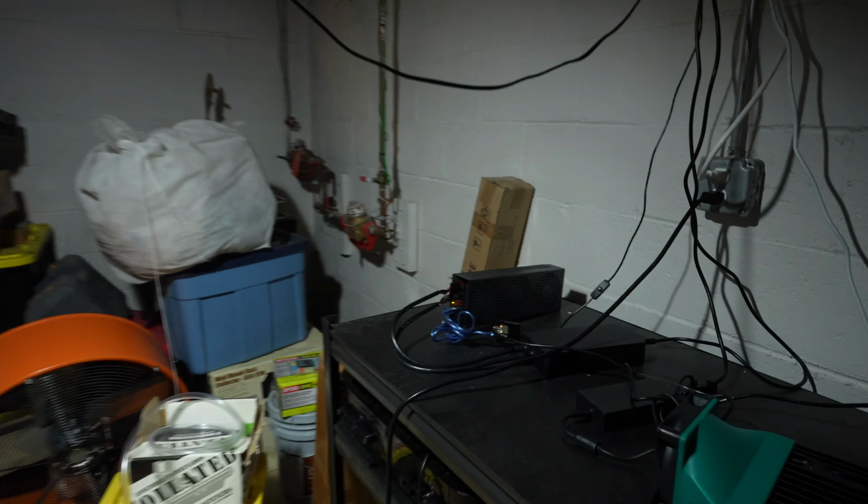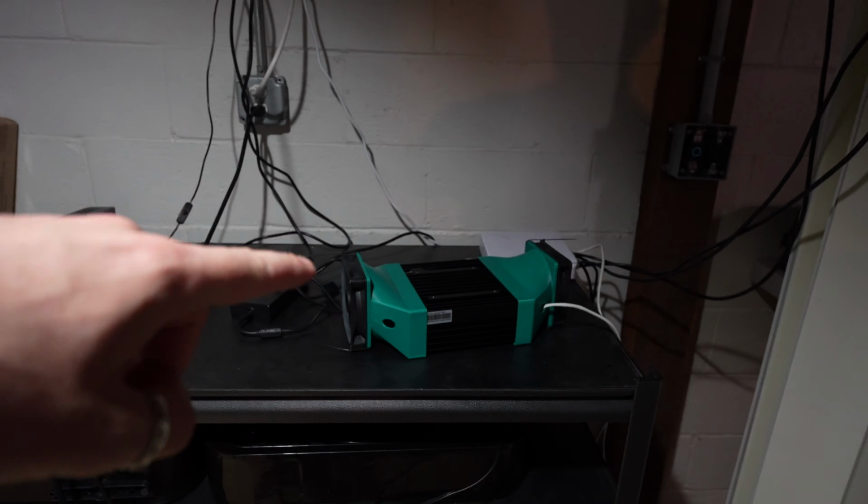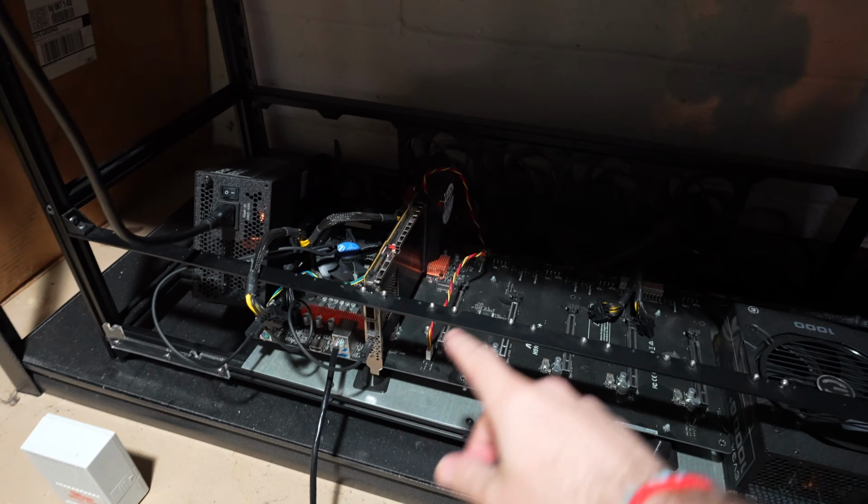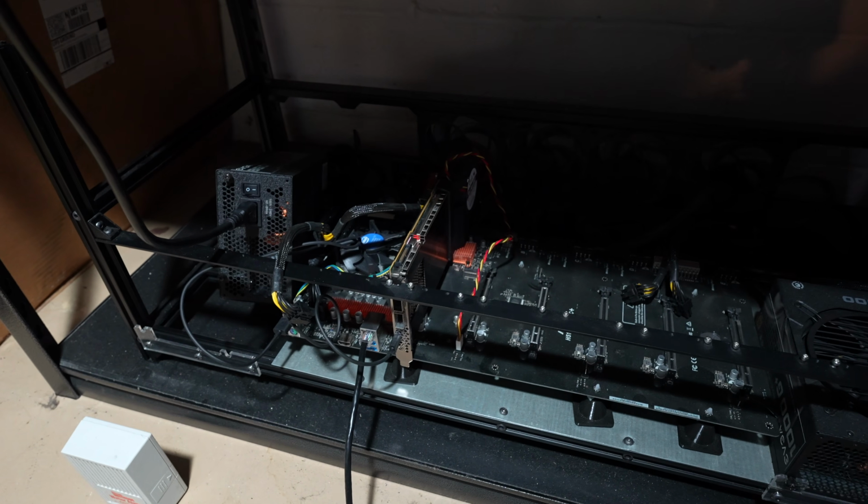And some videos that I need to make. But things that stayed on down here: the X1 stayed on, so iPolo. The KSO Pro stayed on. We'll go into what that's mining a little later in this video. But one thing I did shut off that has been just running nonstop is the Xilinx C1100 FPGA, which we